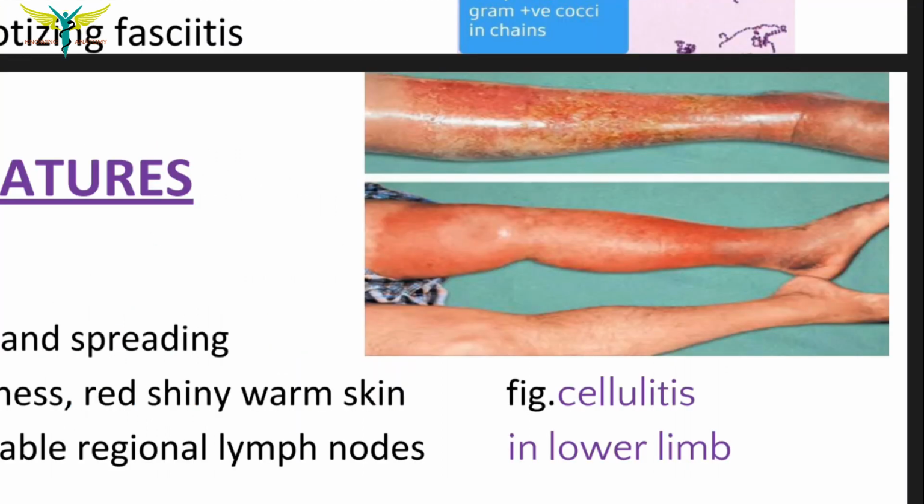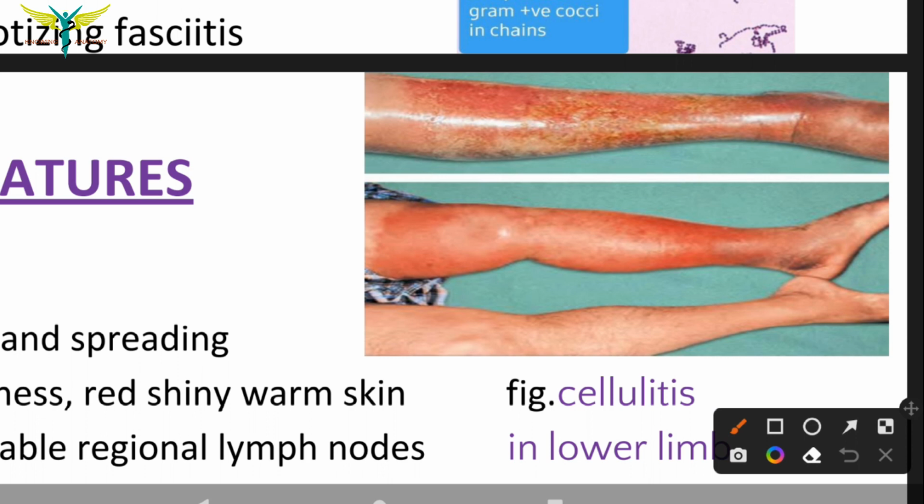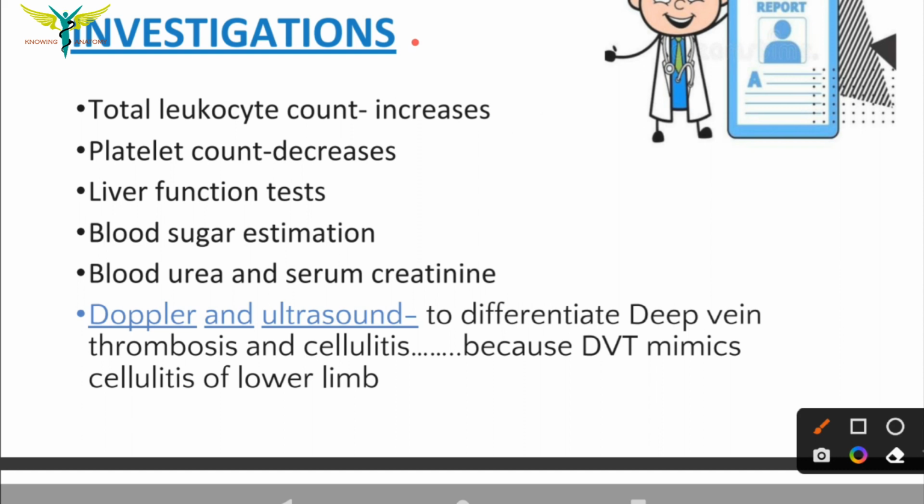This picture shows cellulitis of the lower limb. Here you can see the reddish and firm, shiny warm skin, and it has no limit, no edges, and this cellulitis is spreading. Investigations done in cellulitis: the TLC or the total leukocyte count increases because of the infection,